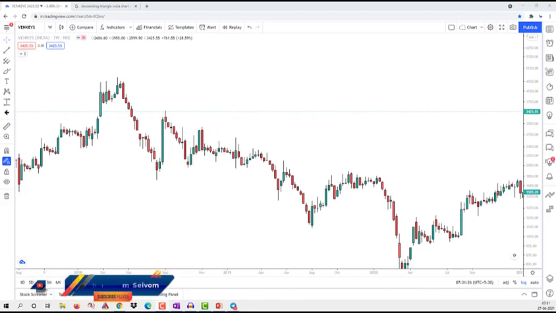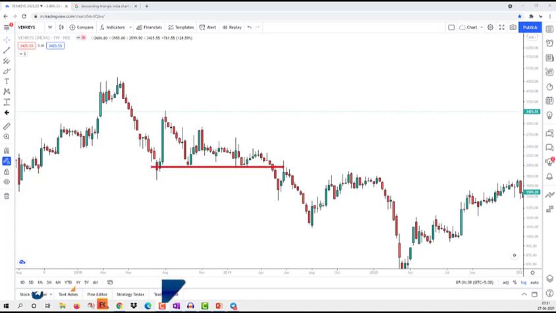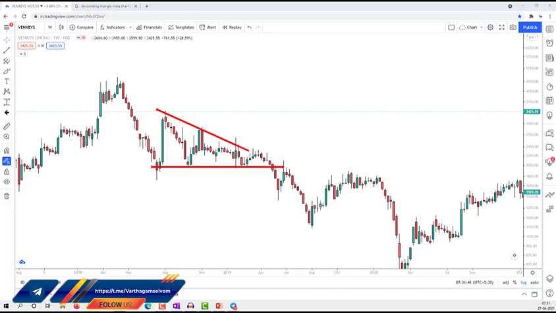This is the chart of Venky's India. Here we are going to draw the descending triangle pattern for the bearish variant. To draw the descending triangle pattern, we have to draw two trend lines. The first trend line is static support. And the second trend line is dynamic resistance. The first condition of this pattern is that the beginning of the pattern should form in a downtrend only. The second condition is the breakout and retesting zone.